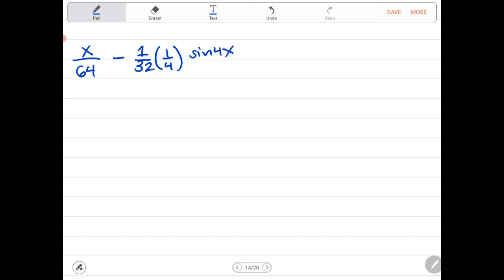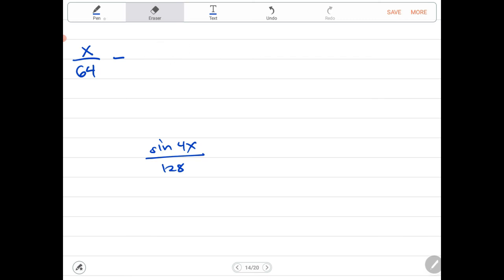Okay? Plus, so if we simplify this, that is sine 4x over 128. So, let us replace it by this one para mas madaling tignan, no? So, minus sine 4x over 128 plus,